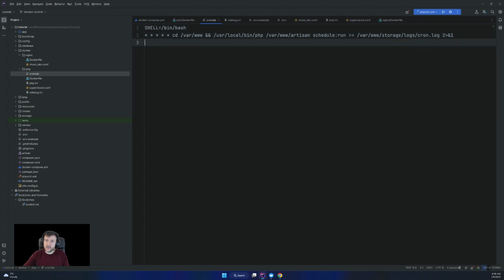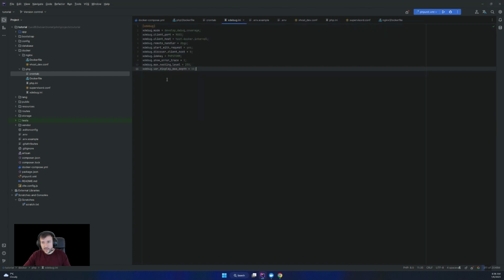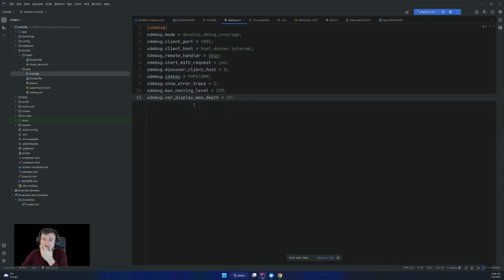And that's like the cron tab. Then we have, let's go one by one. So I'm going to Xdebug, and for Xdebug I'm also adding something in here. In order to run Xdebug, we need to have a host Docker internal, because we are running through Docker. And in order to have this exposed, I need to add something else to the Docker Compose